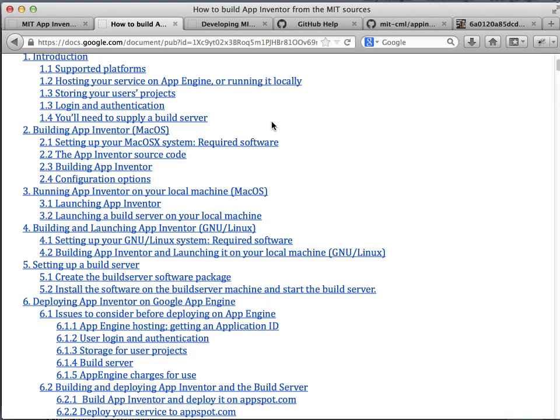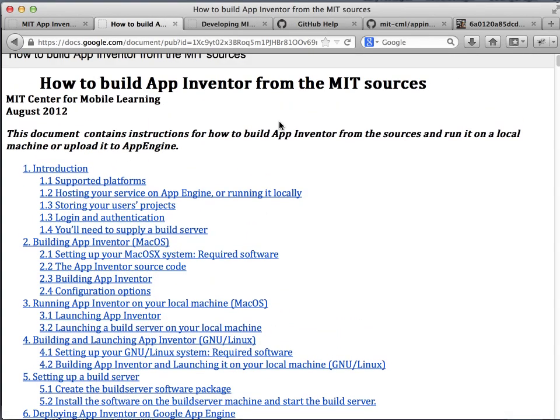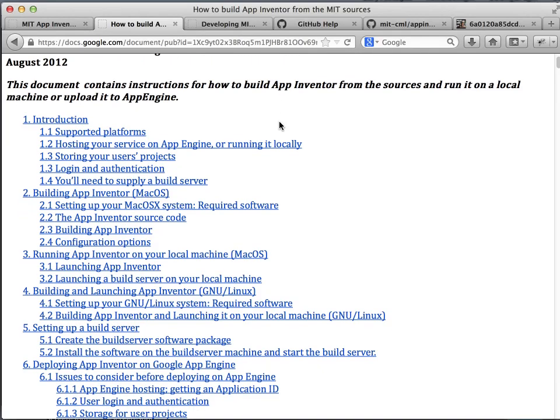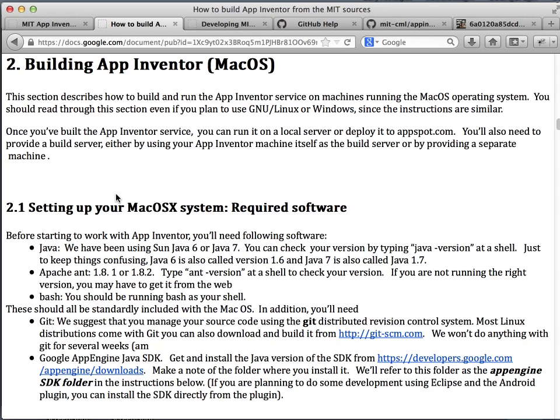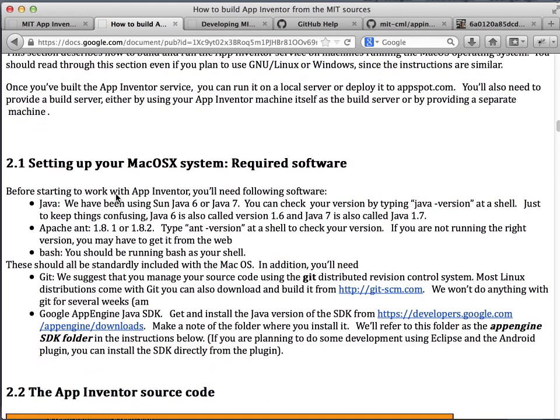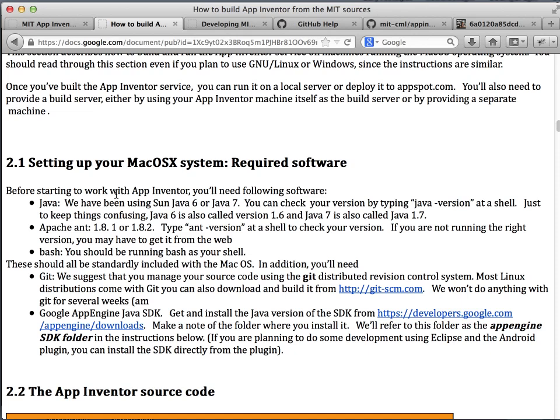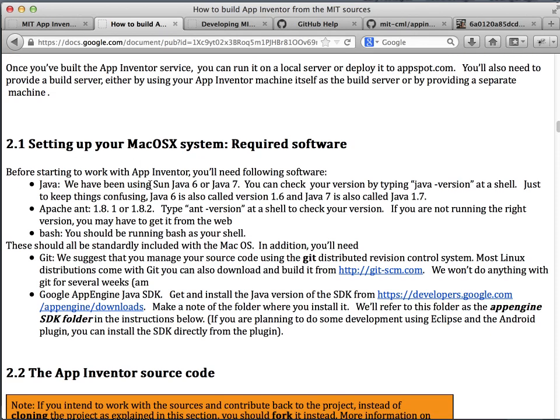So let's have a look at the first of the documents, how to build App Inventor from MIT sources. This document is very long and has a lot of stuff, but just to get started, we can go to Building App Inventor, and you can read the Mac OS instructions. They are pretty much the same in Mac, Linux, and Windows. So this is what you need. You're going to need Java 6 or 7. It has to be Oracle's Java. If you're on an Ubuntu box and you have OpenJDK, it will give you problems. So please use Oracle's